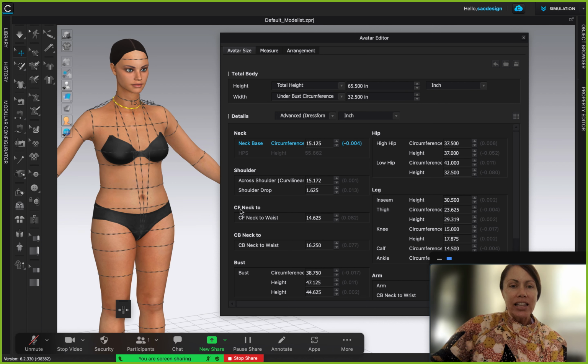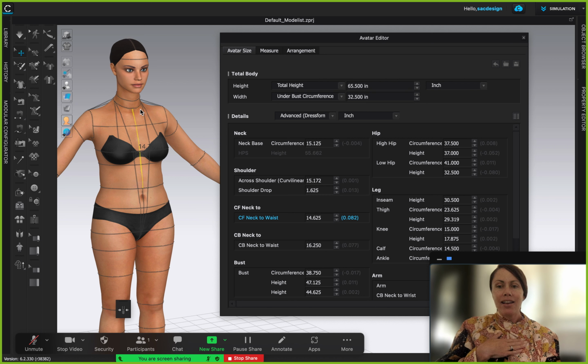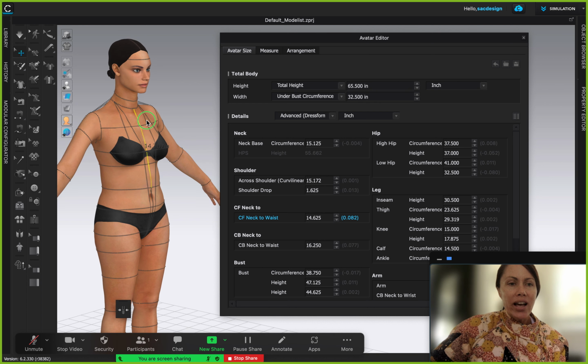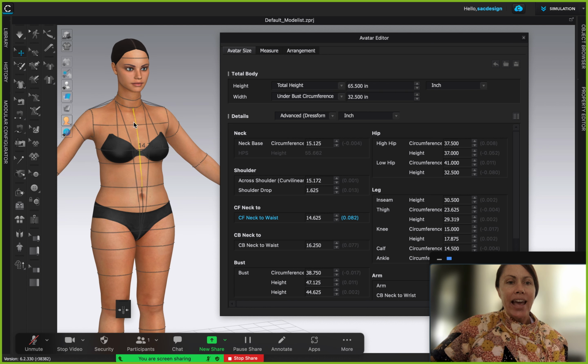So like if I click the center front neck to waist, oh, okay, so you have to identify your waistline first, and then they're measuring from the waist, and then this is where their center front neck is. And I know when I teach in the classroom, a lot of students don't realize that the center front neck is all the way that high because they're so used to wearing garments that are lower, so they think it's lower. So I think it's really nice that Clo has this visual of exactly how to measure.